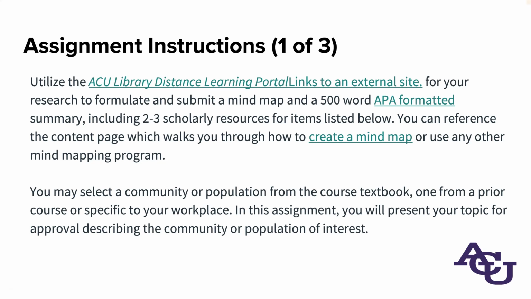Now, we're not going to be focusing on the mind map. We're going to be focusing on that 500-word APA formatted summary of this population or community that you're choosing to study, and that you should include 2 or 3 scholarly resources for the information. You can reference the content page that walks you through how to create a mind map, or use any program you want. But when you select that community or population from the course textbook, from another course that you studied,